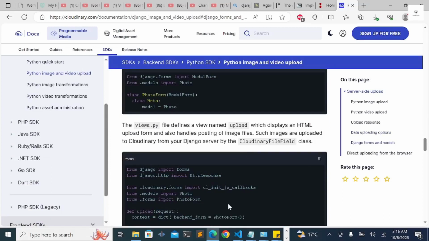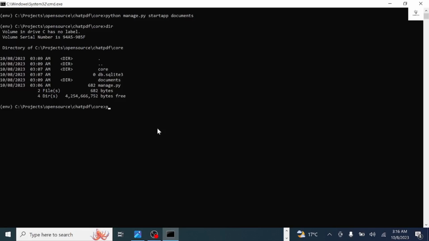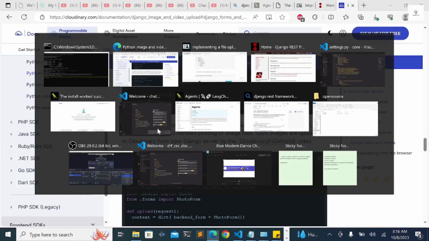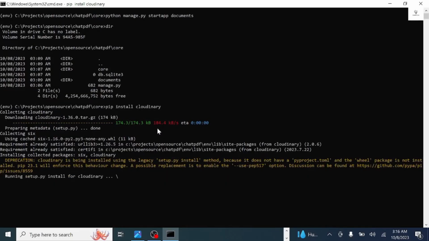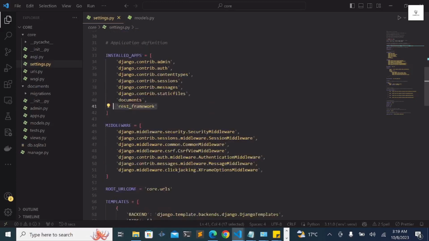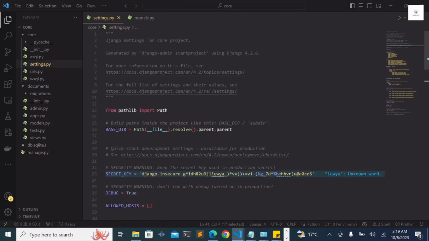Alright, so let us install Cloudinary. We have installed Cloudinary. So guys, in your settings.py file,